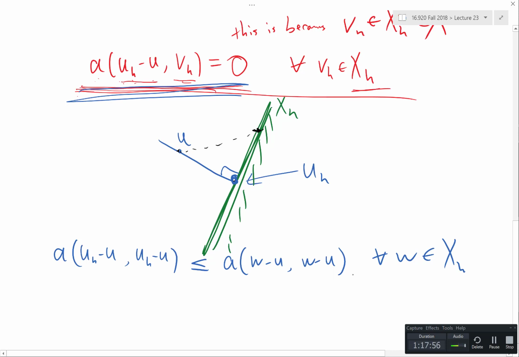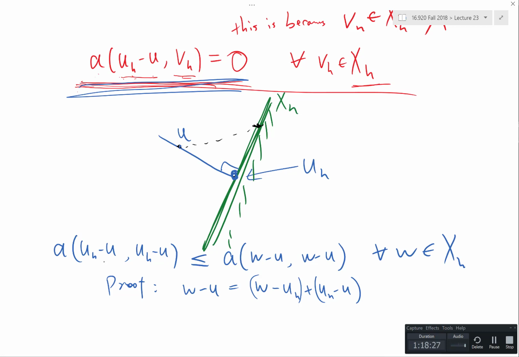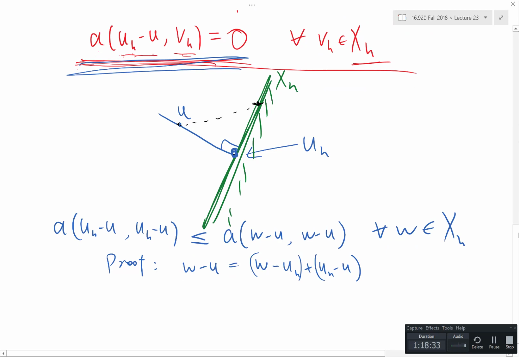So basically the proof is really just to expand W minus U as W minus UH plus UH minus U, right? You can expand these and then use the bilinearity of A to expand the right hand side into various terms, and it's easy to figure out the right hand side is just the left hand side plus something that has to be greater or equal to 0. All right. Okay, so this is saying that the finite element solution is optimal,